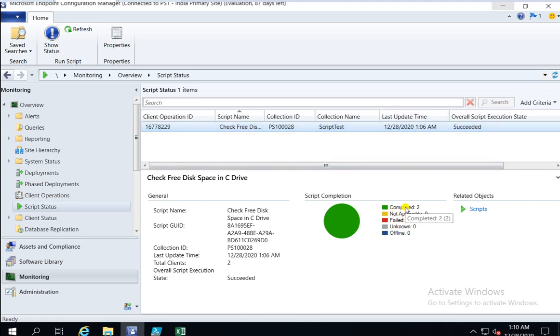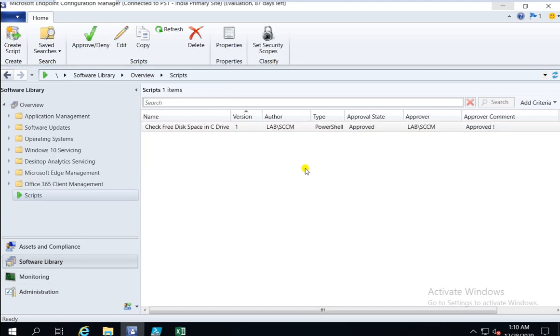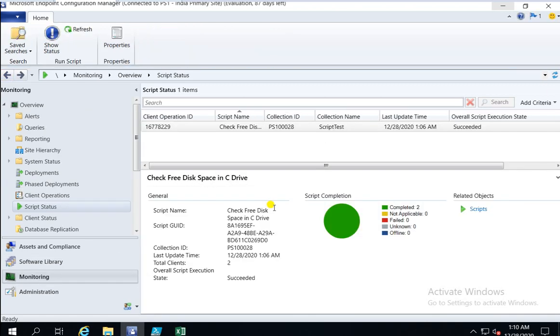Here you can see compliance on two machines, not compliant 0, failed 0, unknown 0, offline 0. If you click on the script, you will get the script details. So that's how you can run the script in your SCCM infrastructure.